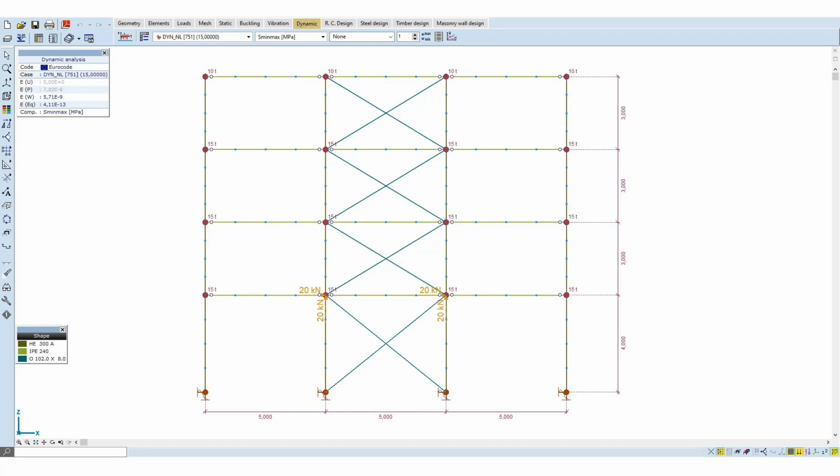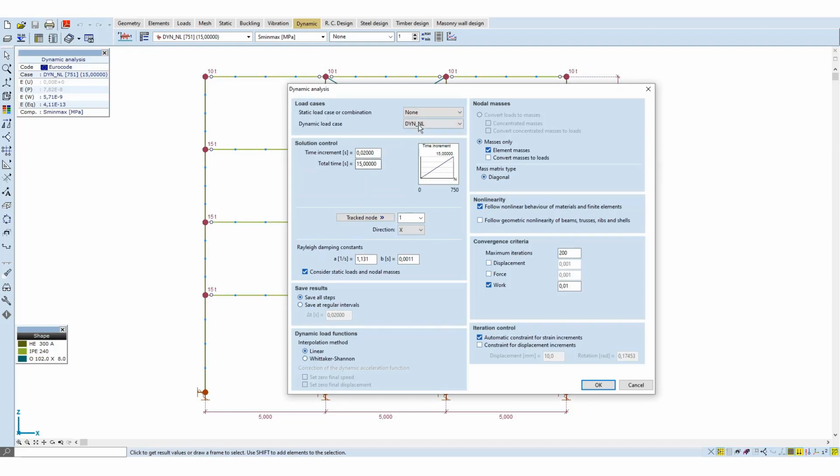Now let's see the nonlinear analysis. We go to the Dynamic Analysis menu and we choose the second load case created for the nonlinear analysis. It is important to mention that the program keeps the previous results associated with previous load cases, so we can carry out dynamic analysis one by one, and we will have them all in the result file as well as